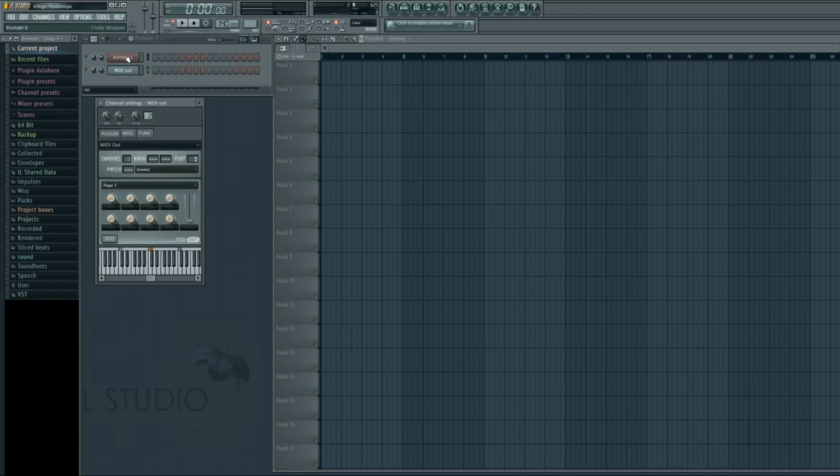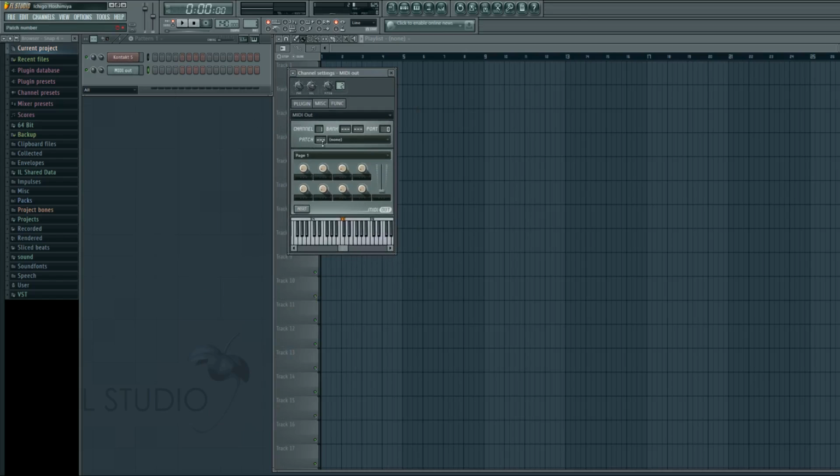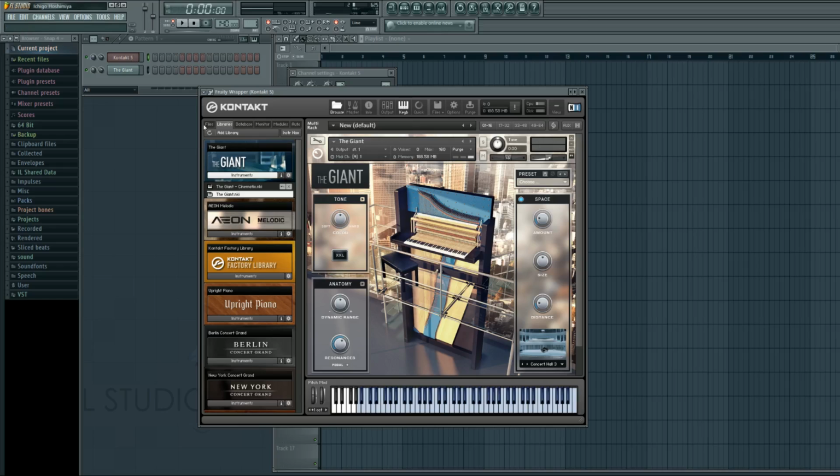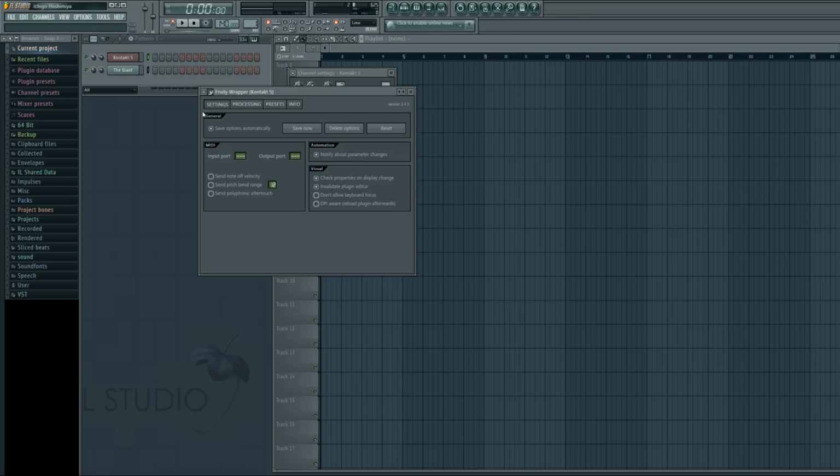Now if we go to MIDI Out, however, we can set this up to basically send it to all the different channels. We can have one of these for each channel. So like if we name this one the Giant, we can actually have that coordinate to this instrument in Kontakt. And the way that we would do that is we would go to the wrapper settings,